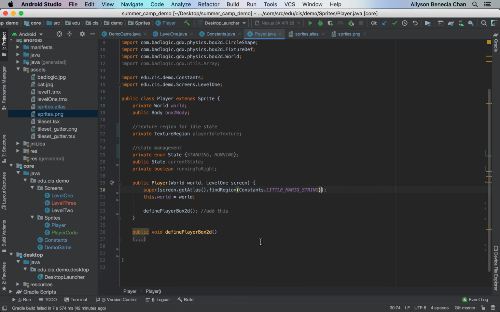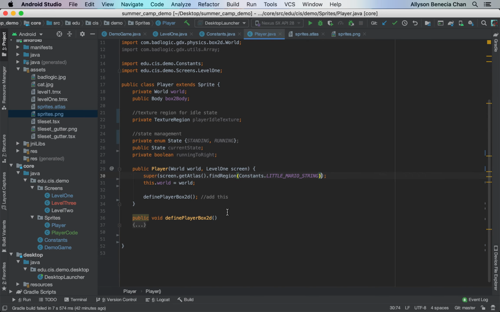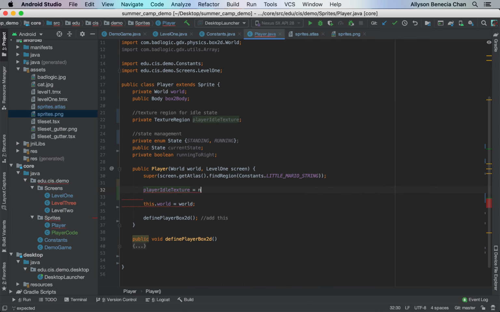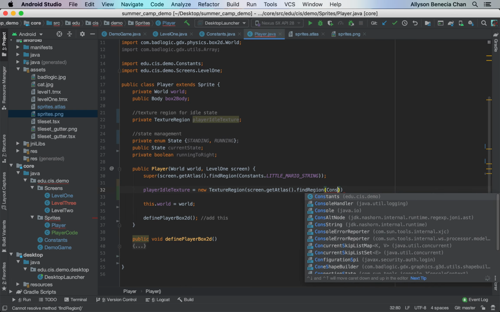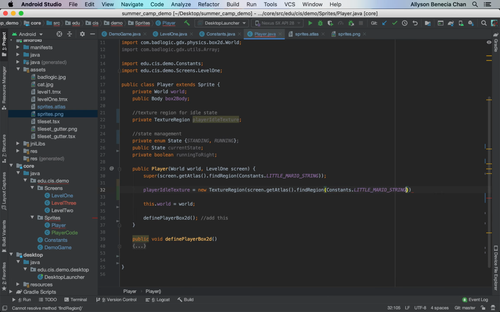the next thing you want to do is initialize your other variables. So texture region, we'll do player idle texture equals new texture region, and you want to pass in screen.getAtlas.findRegion, and you'll find the region that is constants Little Mario string. And